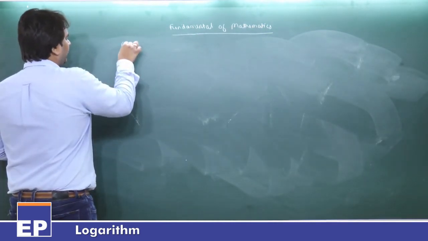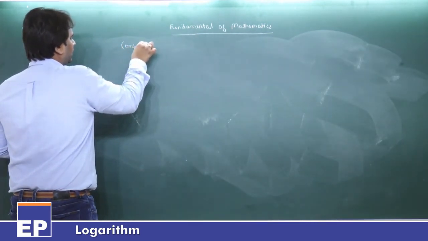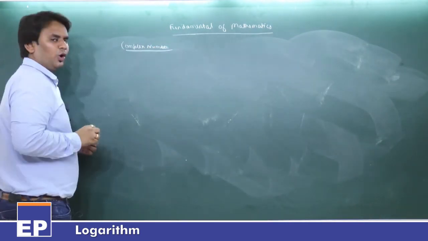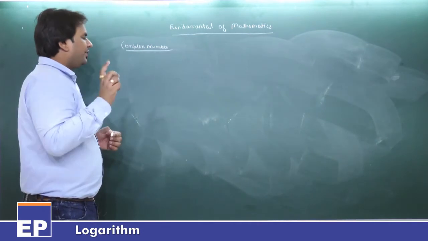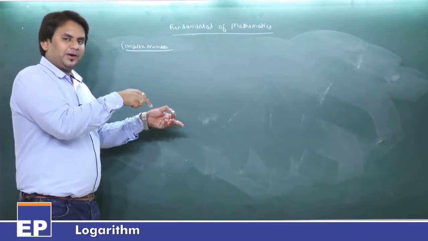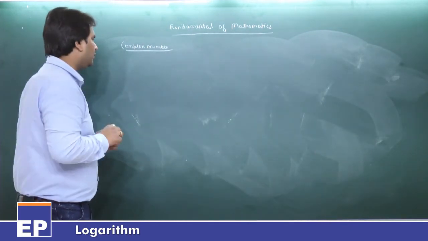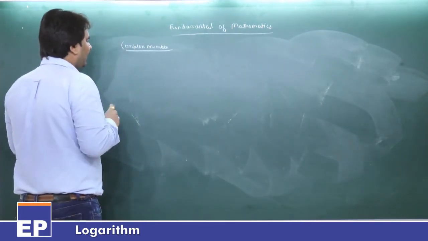I am letting you know what a complex number is. The complex number is the case of the imaginary part that we studied in case number 3, where a minus comes inside the square root. First of all, I am taking some examples.